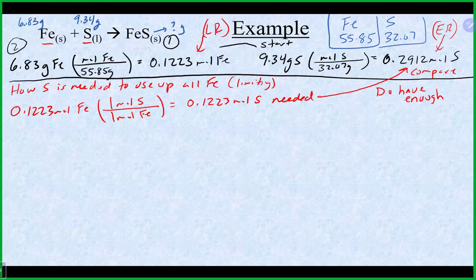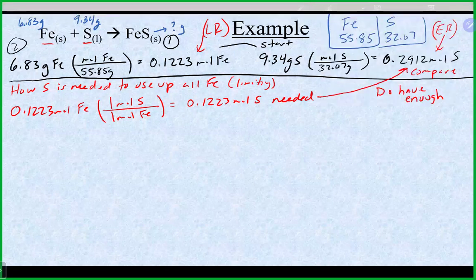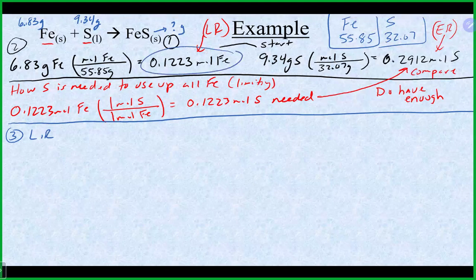Now that I did that, I know which one's my limiting reagent. And really at this point, I can now just pretty much pick up with the problem I'm really looking forward to answering, which is how much product I'm going to actually produce. Once again, you want to always start here with your limiting reagent, and you want to start with the starting amount of your limiting reagent. So that is going to be